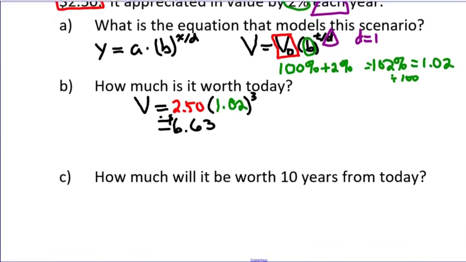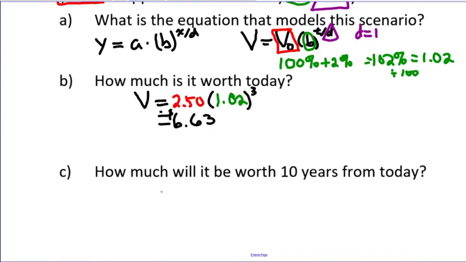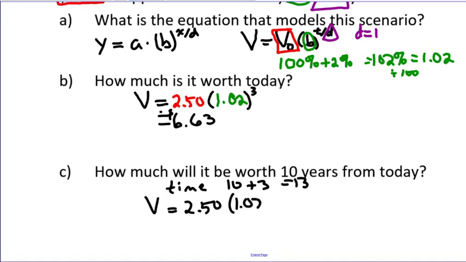So if I then ask how much will it be worth 10 years from today, well, if today was 3 years past the time we bought it, and these are the tricky things about word problems. You've got to really make sure when you read the word problem, especially if it's separated into parts like this, to go back and look at the original problem, make sure you're dealing with the right amount of years. So our time here would be 10 plus 3, or 13 years, because it was 3 years ago that we bought the comic book, plus 10, which gives us 13. So without using color to speed things up, we still got the same 250, we still got the same 1.02, and we got a different exponent this time, which is 13 instead. And if we type all that into our calculator, which I'm going to do right now,